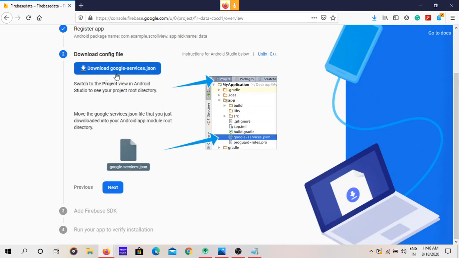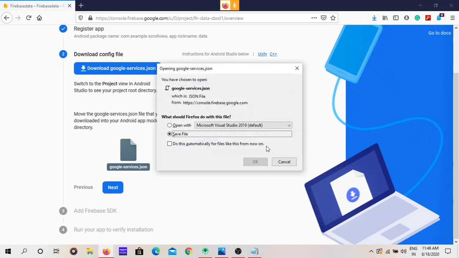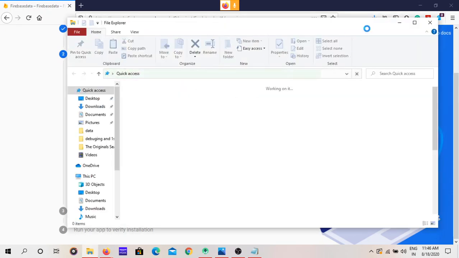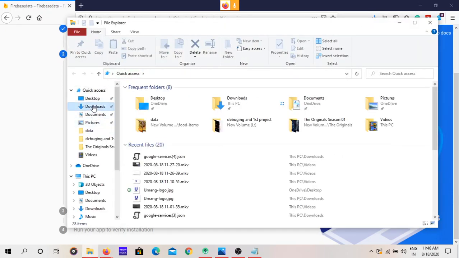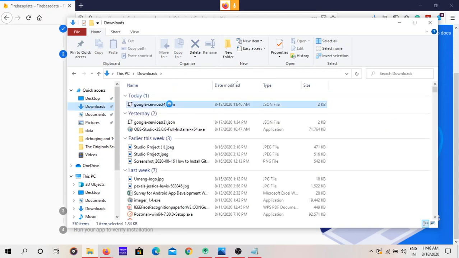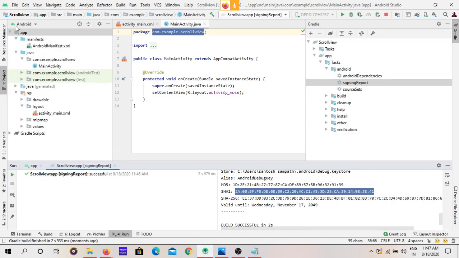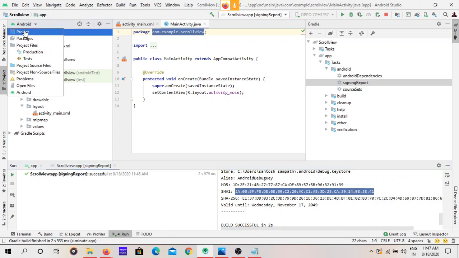Now Google will give you a google-services.json file. It is very important. Download this one. Yeah, save file. Yeah, it is downloaded. Go to downloads, copy the file, go to Android. See, here we are in the Android view. Change that to project view.